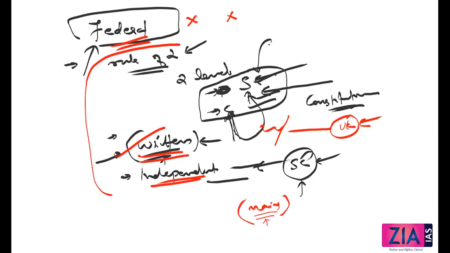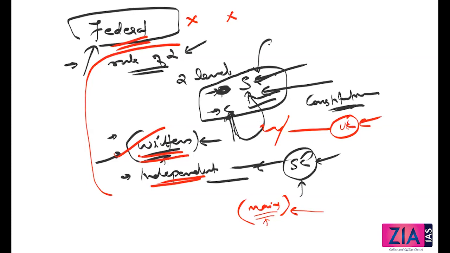But here, if you want, we can discuss some of the unitary features. If you see All India Services, similarly Election Commission, similarly Comptroller and Auditor General, all these are showing the unitary features, right? But what are the federal features? Federal features means you need the permission of the states also if you need to make some changes,